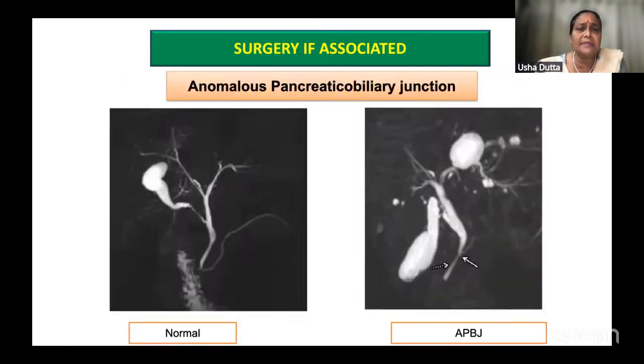That goes without saying. And if you have an anomalous pancreaticobiliary duct junction, you can see that the CBD and the pancreatic duct, both of them are joining at the duodenal wall. However, more so in Japan and in Korea, we find that this pancreatic duct joins the CBD at an earlier point, and in these patients, the pancreatic juice refluxes back into the gallbladder, and this results in anomalous pancreaticobiliary junction being associated with increased gallbladder cancer. The cancer in these patients is slightly different. It is through the KRAS mutation, and it is due to repeated chemical irritation of the gallbladder.